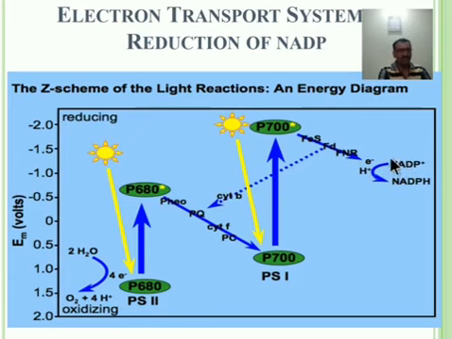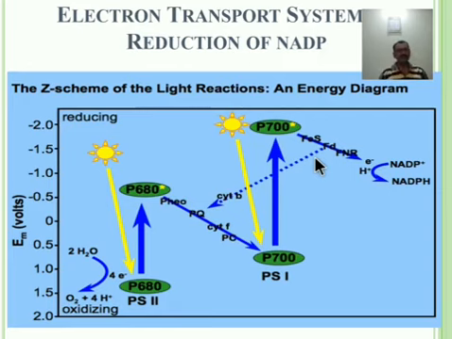Further it reacts with the NADP molecule, and here the hydrogen is combined and an energy rich compound, that is NADPH plus, is formed. In this way, in this Z scheme, energy in the form of NADPH plus is produced, so this reaction is also known as an energy diagram.